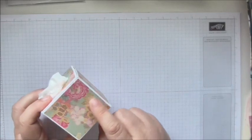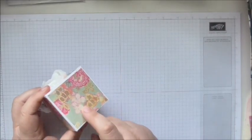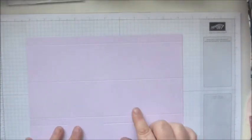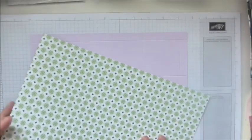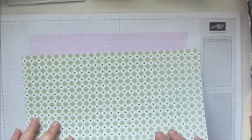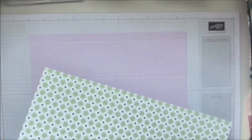So this one was my prototype, and for this one I used some DSP that I got in my Positively Papercraft Make It, but for this one I'm going to use Stampin' Up. Now for some reason, I started off using Purple Posy, which is very difficult to see actually, and I used DSP from Garden Lane, and I don't think they really go together. I don't even know why I chose to use those. I don't think I was even thinking. But anyway,